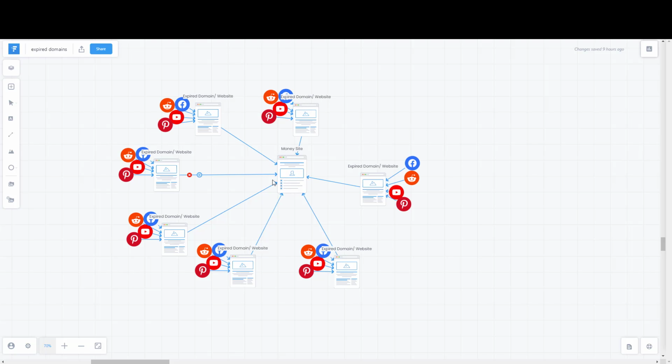So what you've got here is your money site. This is where you make your money, and what you do is you set up many more than this, a number of satellite websites around the money site, and each one of these is an expired domain. Now, obviously, they all should be working together and be in the same niche, or it won't make a lot of sense. But historically, what used to happen is